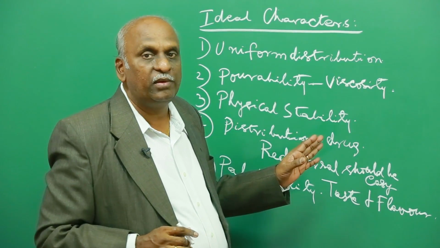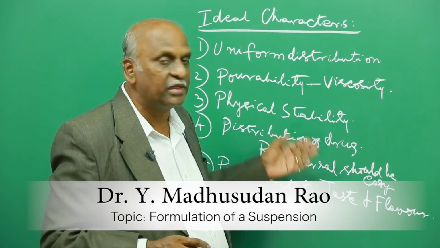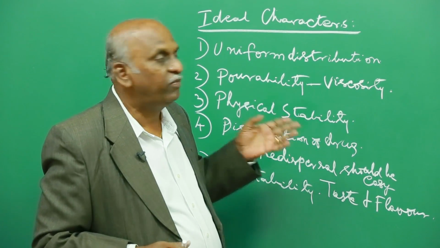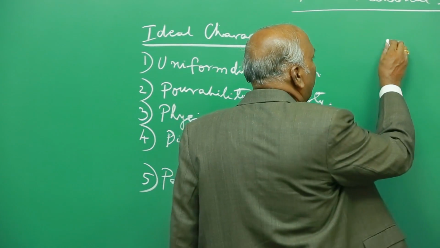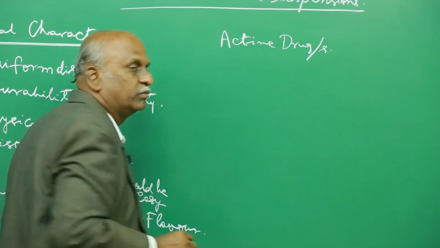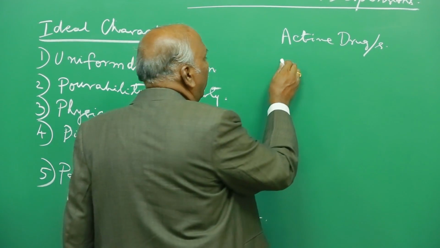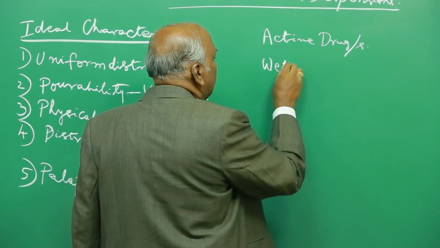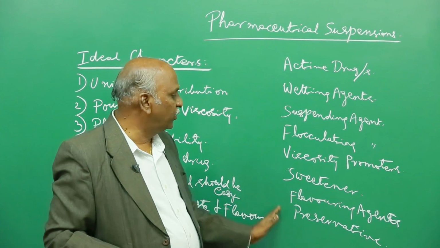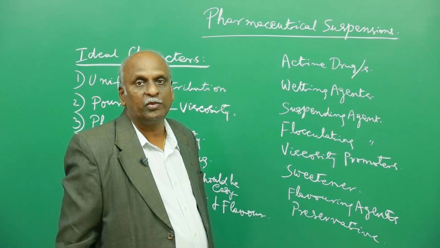Let us now try to see what are the various agents, or the various excipients, that are going to be required in the formulation of a pharmaceutical suspension. We have active drugs, then we have the requirement of wetting agents. So we have a list of ingredients which are going to be essentially required in the formulation of a pharmaceutical